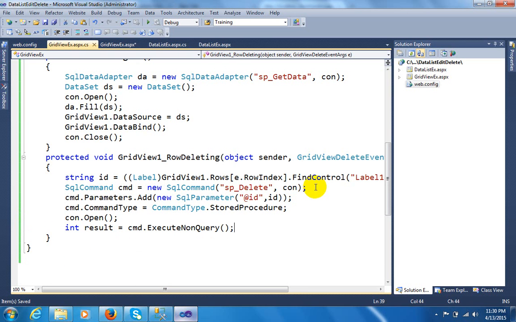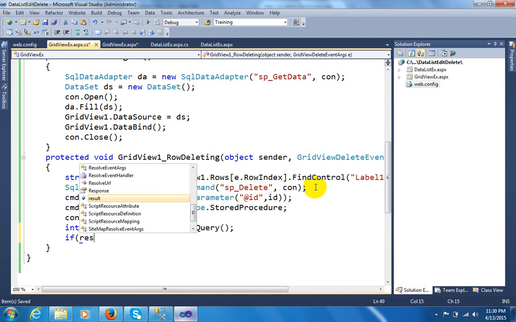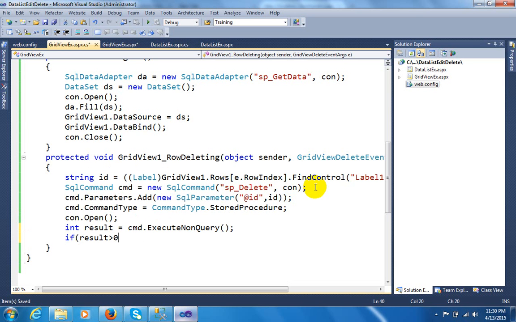We know that we use ExecuteNonQuery whenever you want to update, insert, delete, such kind of actions where the records are updated in your database table. So if result is greater than 0, it means that your record has been updated. Now what to do? I want to rebind my GridView control. So it means that I have to refresh my GridView control. con.Close,